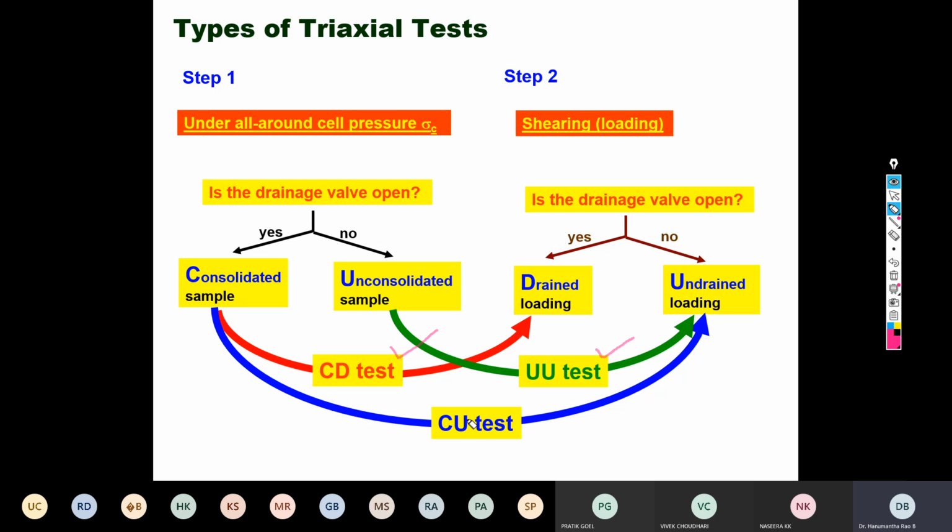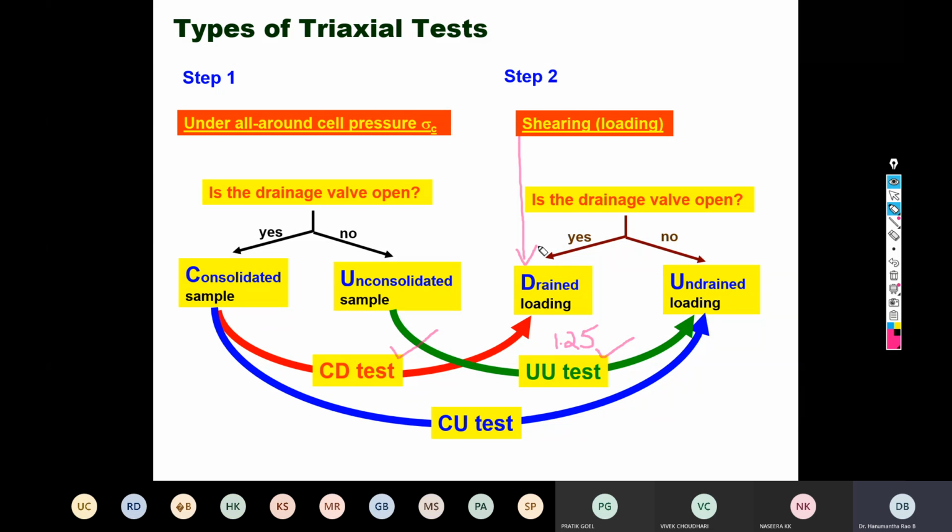Okay. In CU, since we have to do consolidation only during the initial stage, it doesn't take much time, because during the shearing we don't allow the sample to consolidate. Now, another important thing, when you conduct a CD test or a CU test, we can apply the strain rate of 1.25 millimeter per minute in the case of the CU test, because we are not allowing any water to get expelled from the soil sample. But just try to imagine yourself, you are conducting a CD test and you are also allowing the water to drain out during the shearing phase.